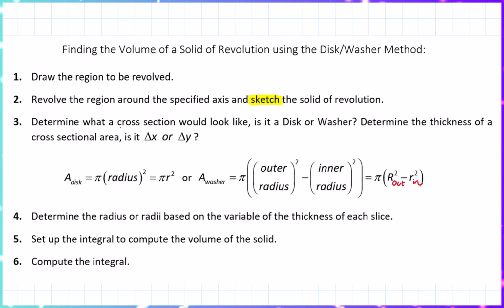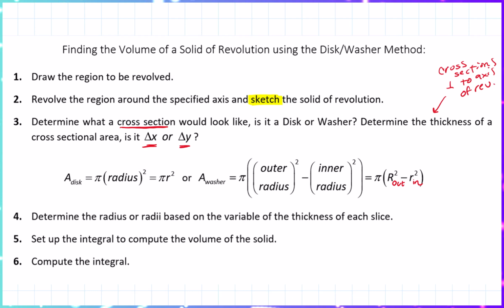When we take those cross-sectional slices, by the way, those cross sections are perpendicular. So we do our cross sections perpendicular to our axis of revolution. When we do that, that's when we determine if the thickness of that cross section is a delta x or a delta y. And then depending on if it is a disc or a washer, we set up